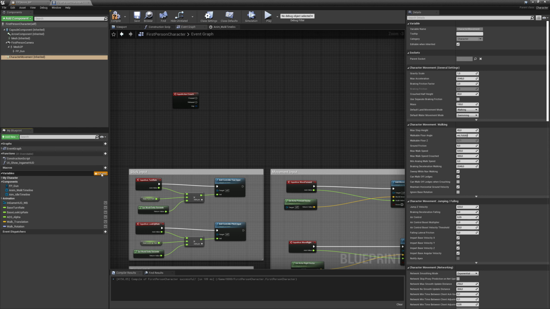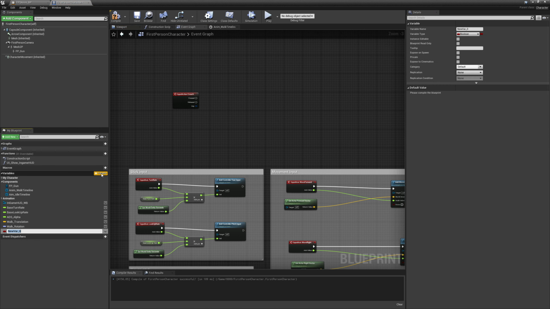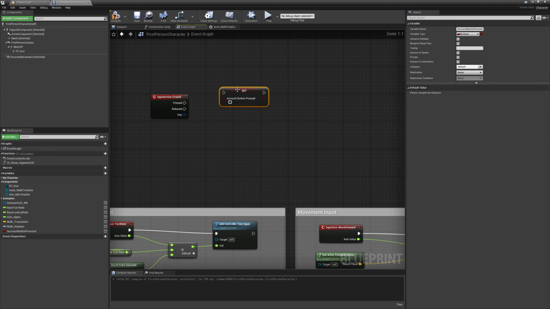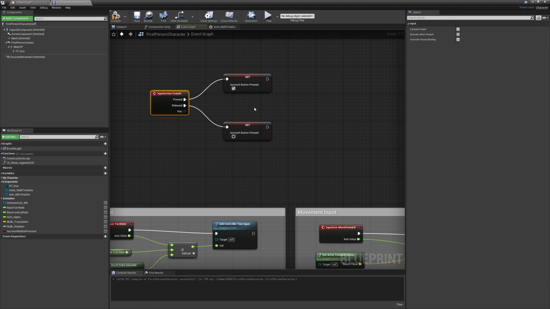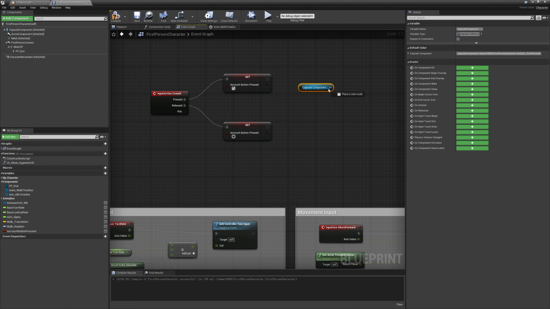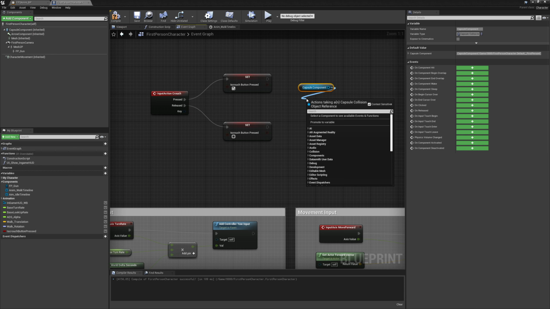Now let's create a boolean over here, and that's my is crouch button pressed. And we're going to make sure that we set it. So let's get 2 of these nodes. And the top one is going to set it to true, and the lower one is going to set it back to false. So now we want to get our capsule component in here, and we want to get our half height. So get capsule half height,